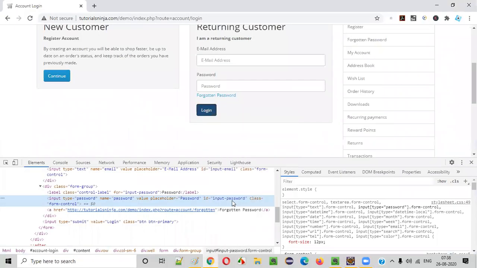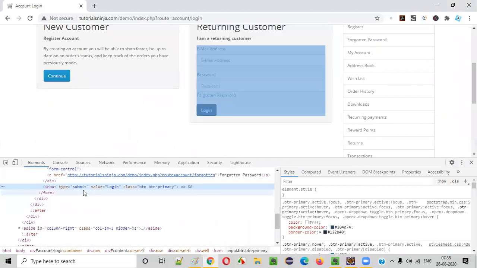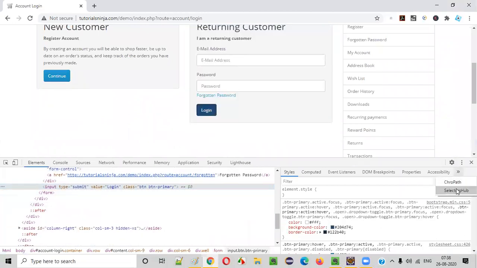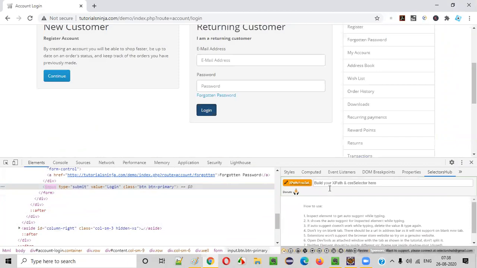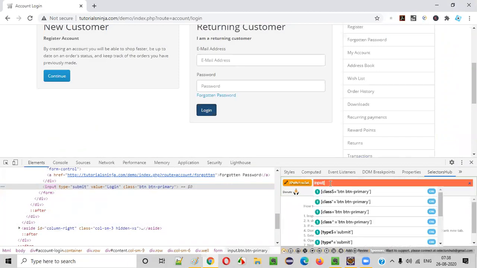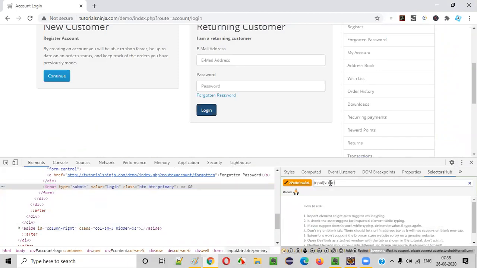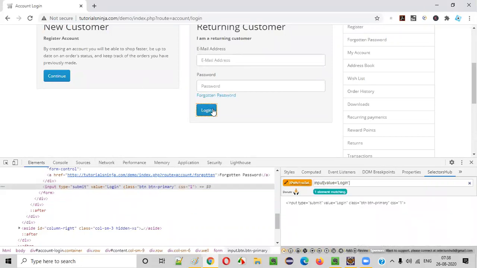Next, the login button. Right click, inspect on the login button. Let's create a CSS selector: input[value=login]. Press enter. You see this got highlighted, that means this is a CSS selector for this login.